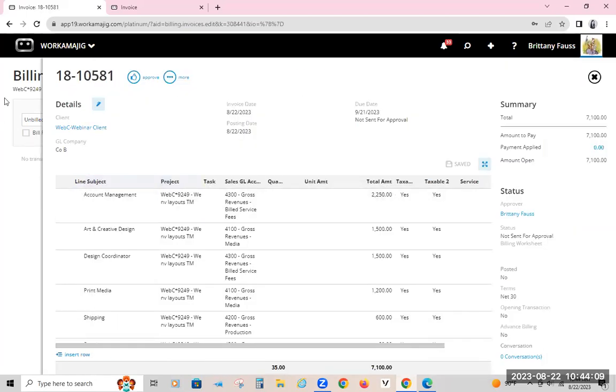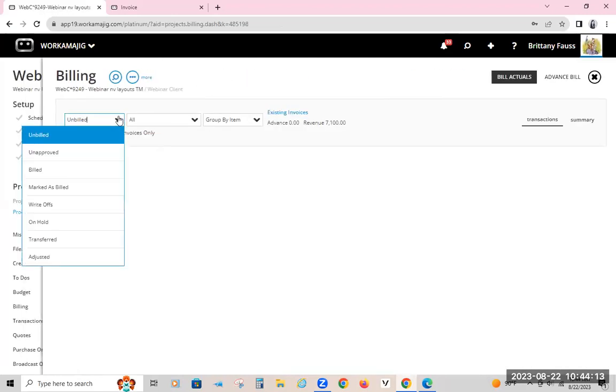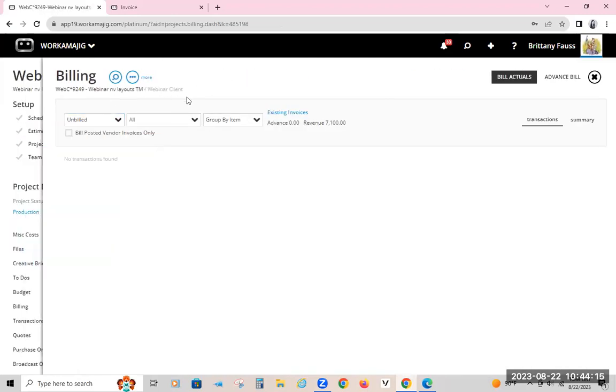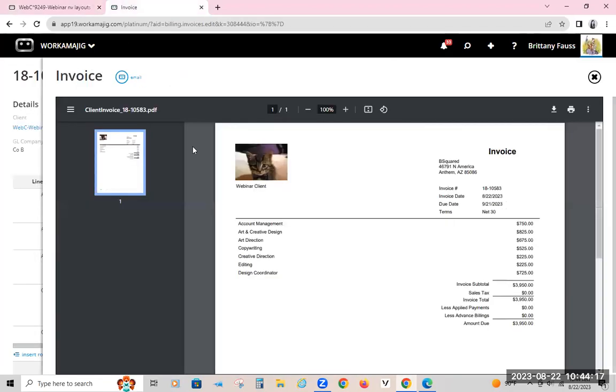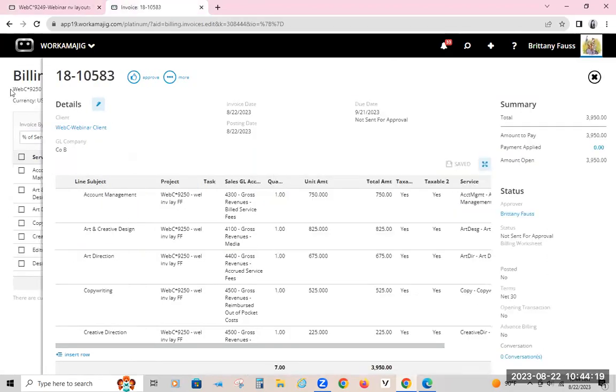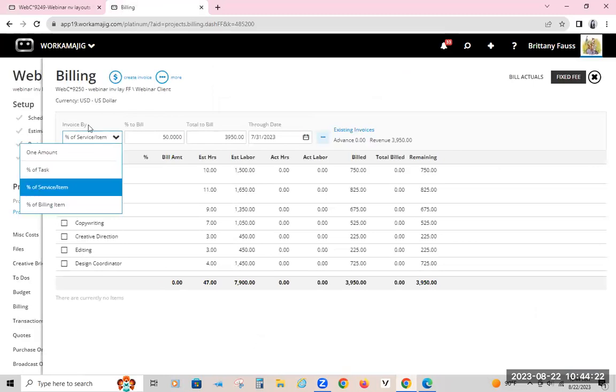So that was the estimate side. Again, it is dependent on really what you utilize. This is the time and materials, I need to be over here, what you utilize as far as the invoice by, right? Again, one line or percentage of task or service, an item, billing an item. If you're doing something in